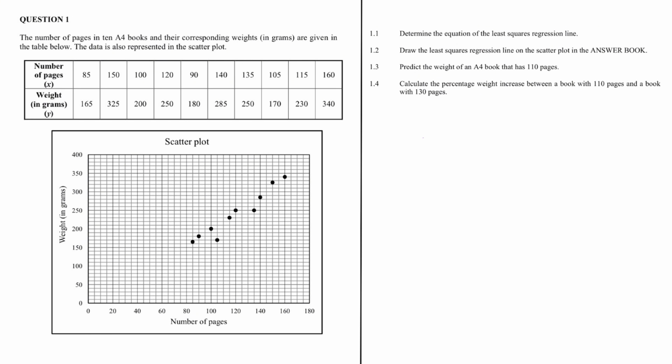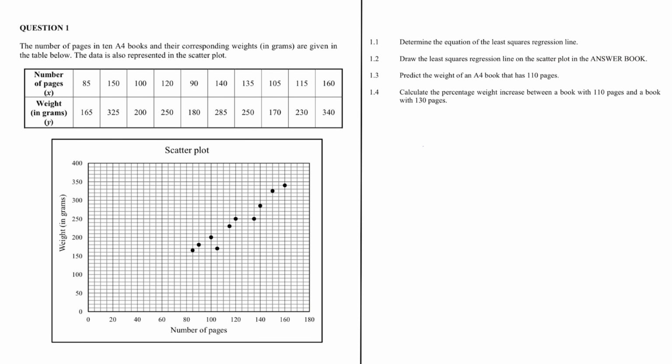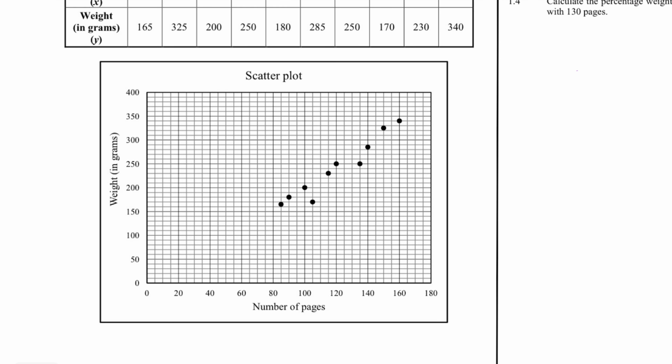1.2. Draw the least squares regression line on the scatter plot in the answer book. So we will use the diagram in my question paper here. So we have y is equal to negative 43.72 plus 2.36x. Now what we need to do is find at least two reference points. So I'm going to substitute x with 100. And when x is 100, the y value is